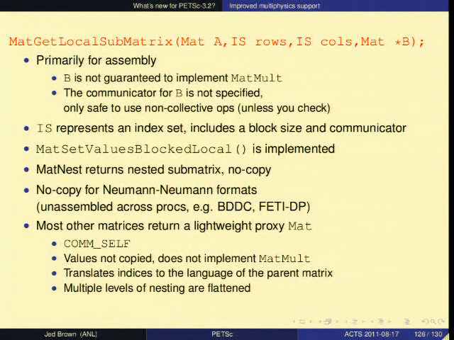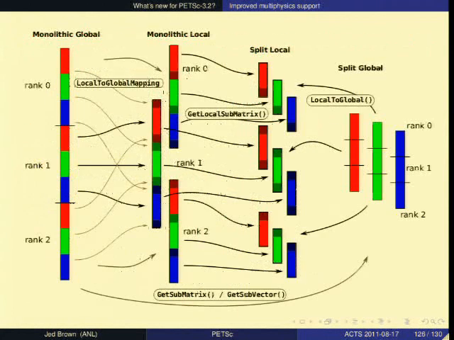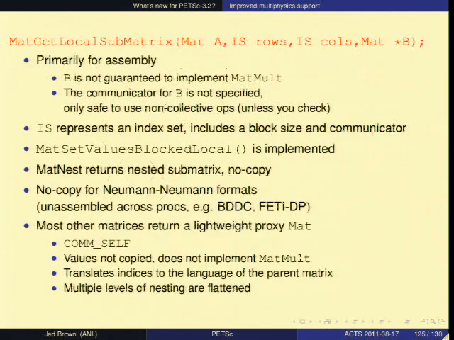So you call exactly the same API here for setting values. Those get translated into the indices of the parent matrix. These local indices get translated and inserted into the global matrix here. And actually, those levels of translation all get flattened. So there's one index translation when you call mat set values here, and it would go into this matrix. So the result is your code doesn't need to know at all. None of the assembly code needs to know even that it's building a matrix that's part of a bigger system.